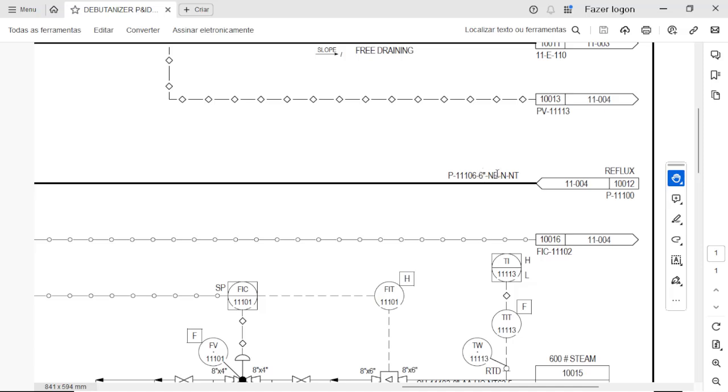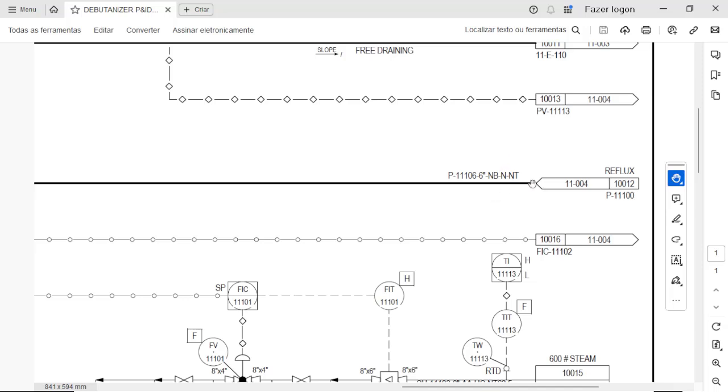We have here a series of nomenclature that will designate the pressure rating. Different operating conditions will lead to different pressure ratings that can define the thickness of your pipe. So it could be schedule 40, schedule 80, schedule 160, and so on.